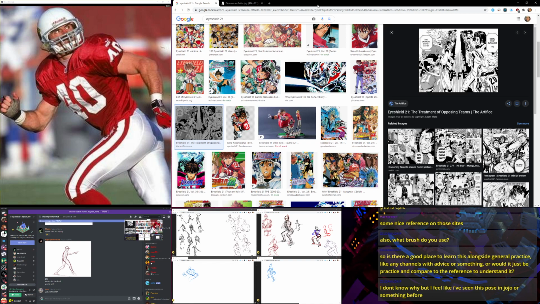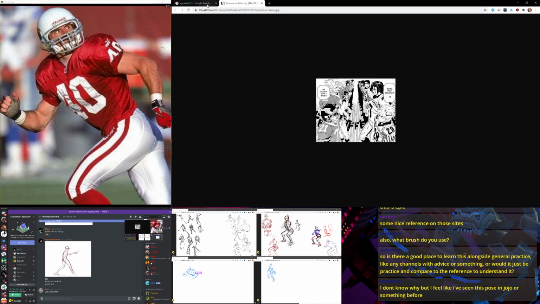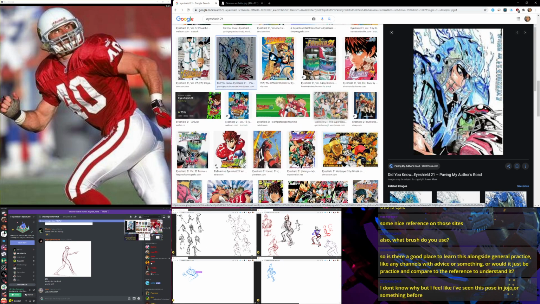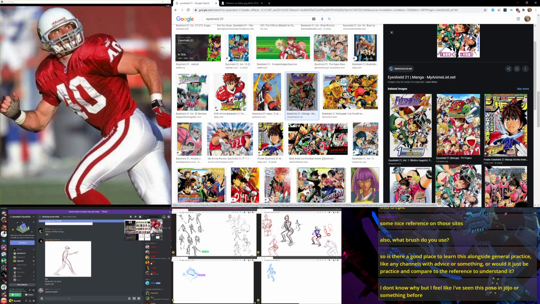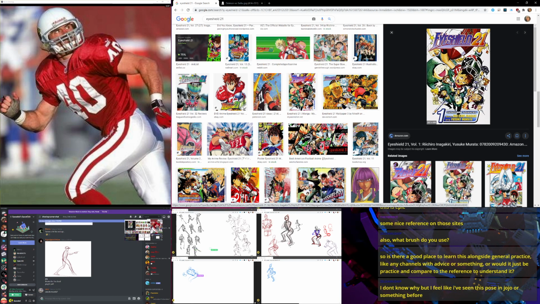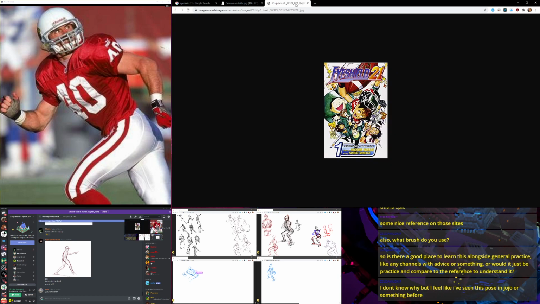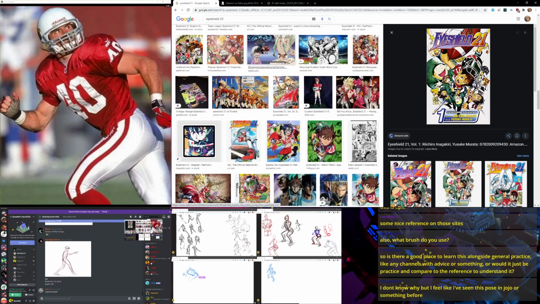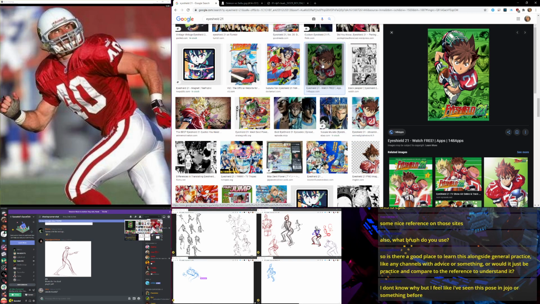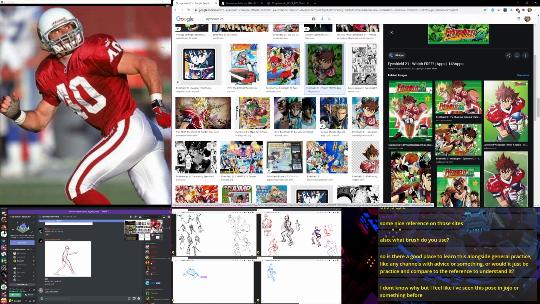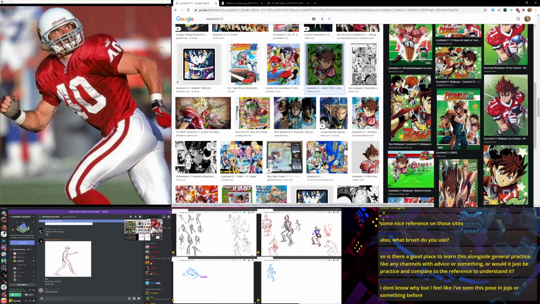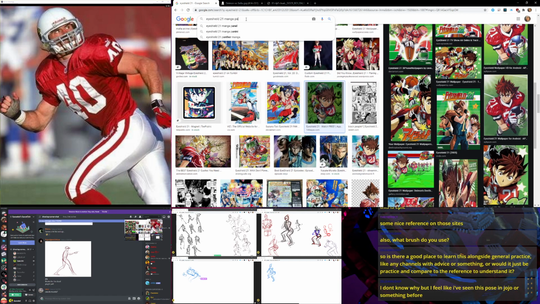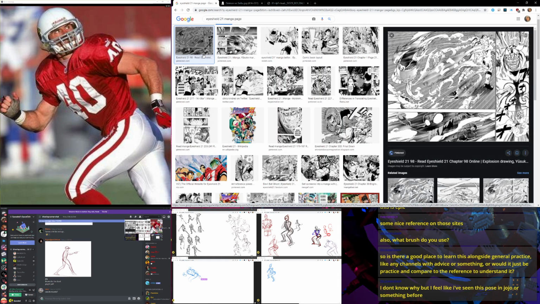So, from how he draws helmets, for one thing, in this shot, for example, he only drew one helmet. But from how he uses helmets, he wraps them over the form of the head, so the helmets become easier for him to remember. I think they're a little bit more simplified compared to how an actual football helmet is built. But I'm sure he probably had a football helmet on hand as reference when he was working on the manga. Eyeshield 21 manga page. Let me see if I can find some manga pages. Here we go.